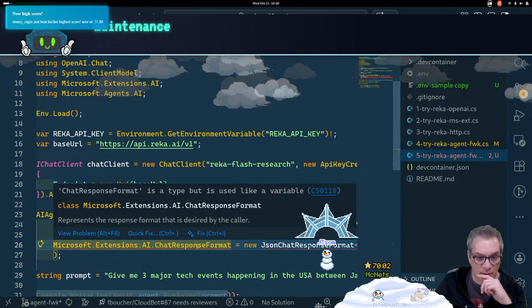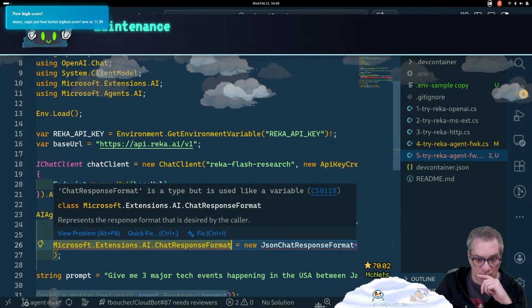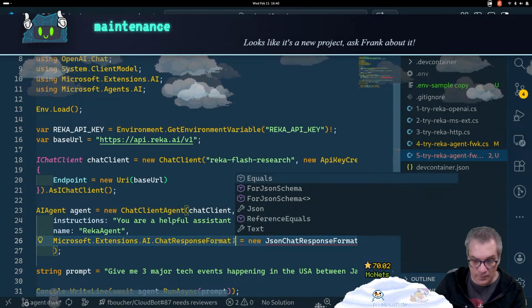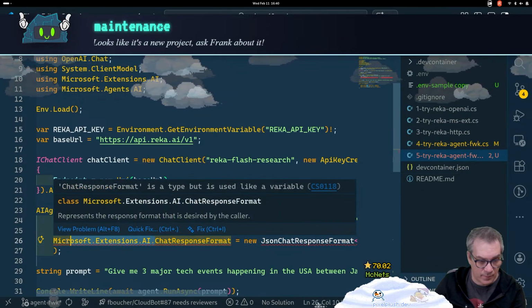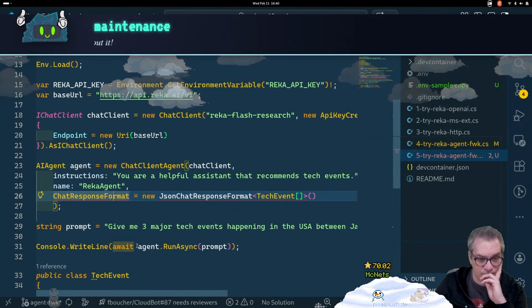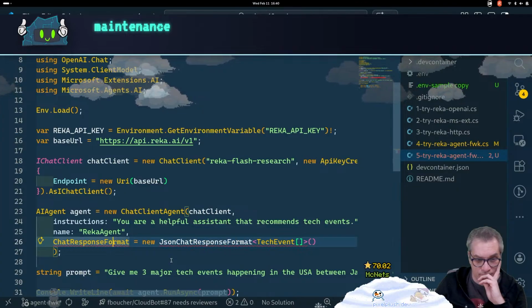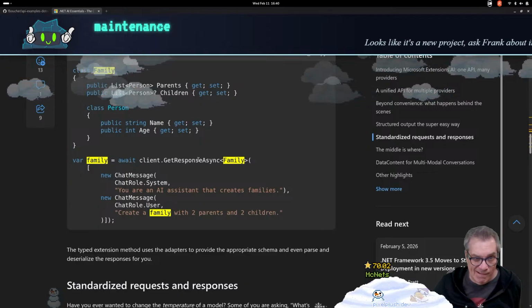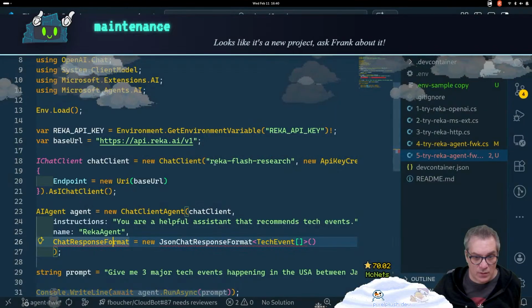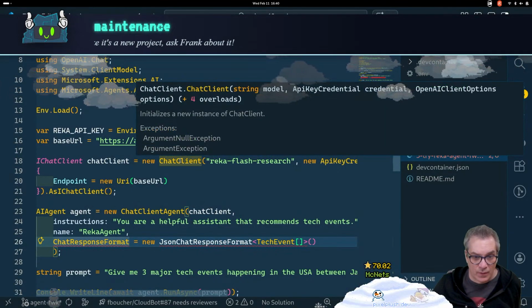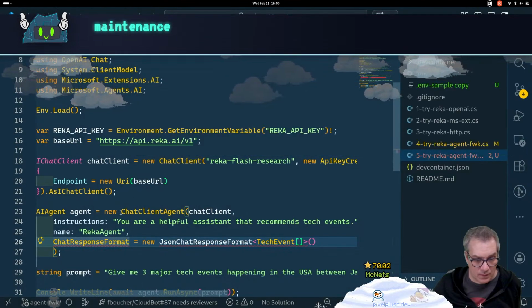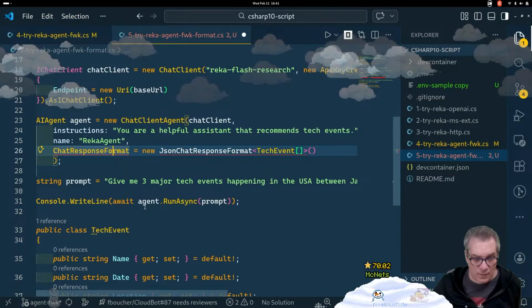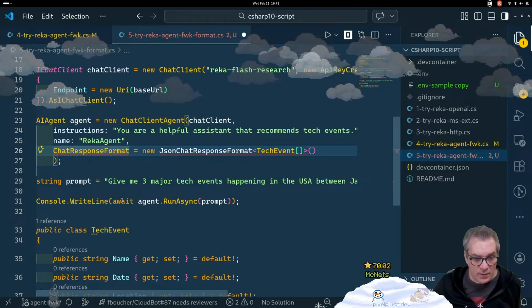The chat response format is a type. Okay, it's here.